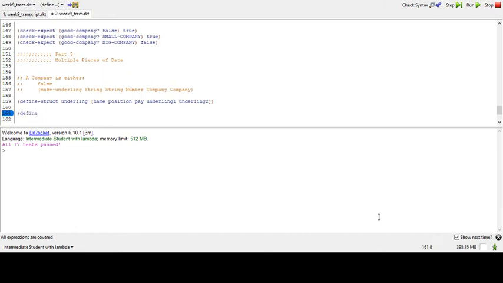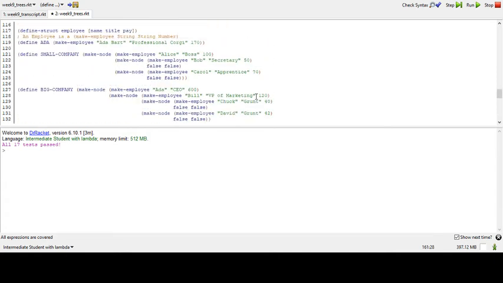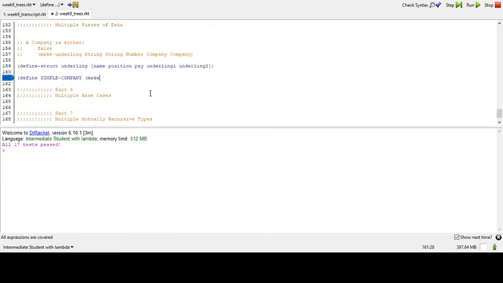Let's make the example from before, the small company, but this time we'll call it the simple company, because you'll see that it ends up being a little bit easier. We have our old version up here, fairly complicated. We have nodes and employees intermixed. But now, we'll just say that we make a underling,